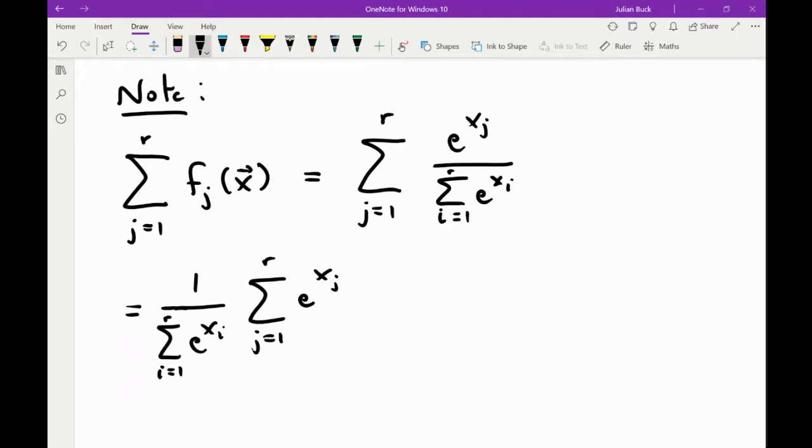Okay, but now we make the observation that those two sums are the same thing. One of them is indexed over i, and the other is indexed over j, but they're exactly the same expression. So what we end up with is a certain sum divided by itself, and so this is equal to 1. Okay. And so what this means is that the total probability